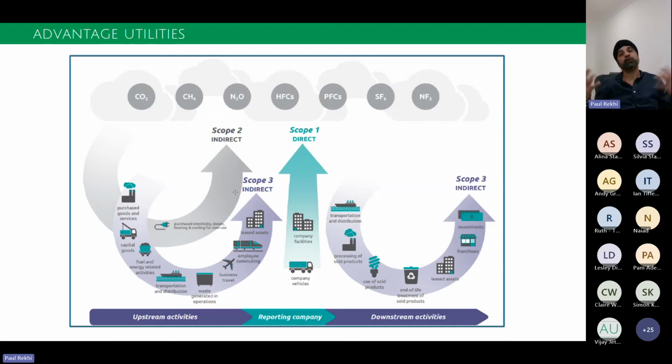Scope 3 is looking at everything else your business does, and that's split into 15 areas. We call the first area the upstream, and we call the second area the downstream. The upstream we call cradle to gate, you being the front gate, and then we've got gate to grave. So this is everything that happens before your organization, everything you buy, your employee commuting, your business travel, and then